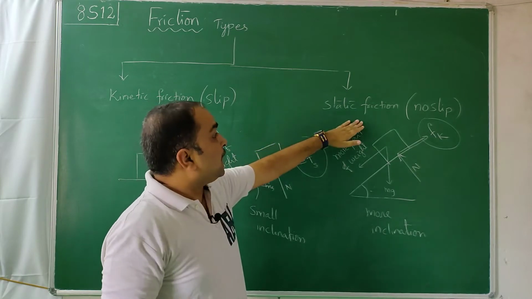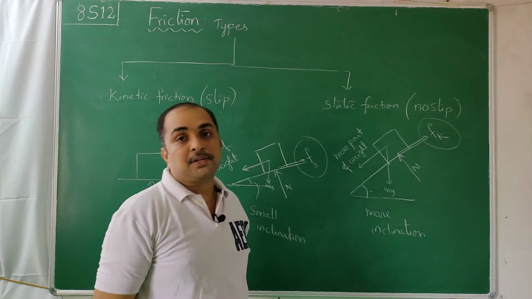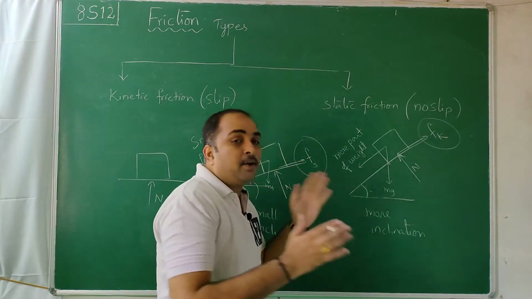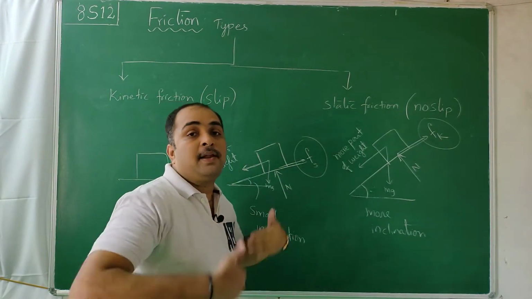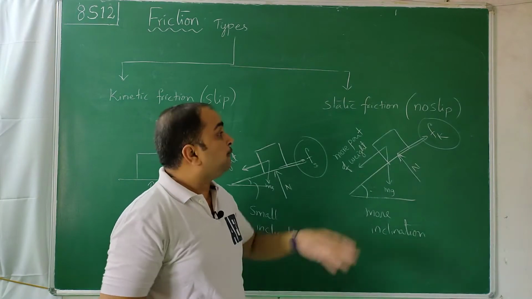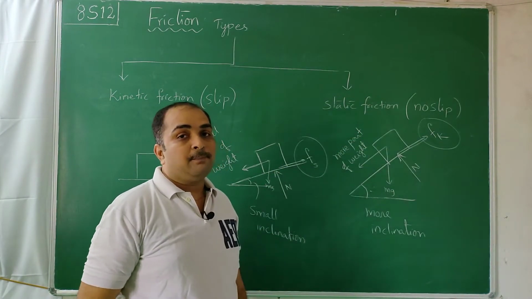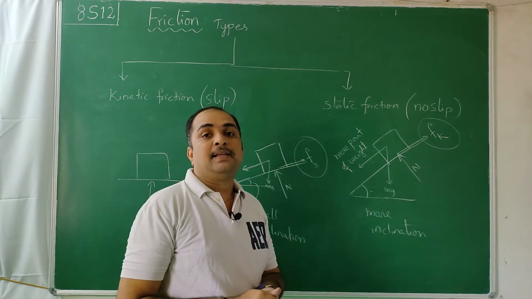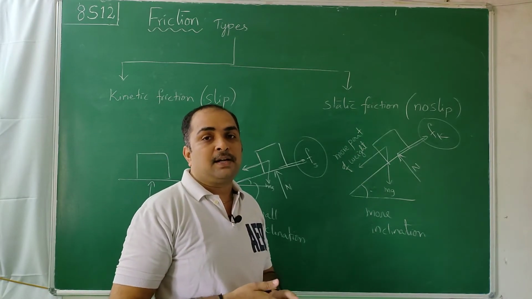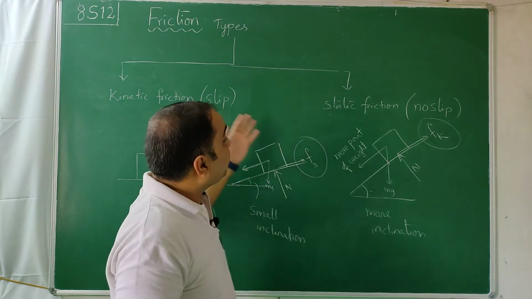When there is no slip, it is static friction. When there is a slip, there is kinetic friction. Even while rolling, it may be slipping and rolling, which leads to kinetic friction. While rolling, it may happily roll without a slip, then it is static friction only. There is nothing as such called rolling friction. If you see good textbooks like Resnick and Halliday, or Sears and Zemansky, or higher level books, you will understand there is nothing called a third type of friction called rolling friction.